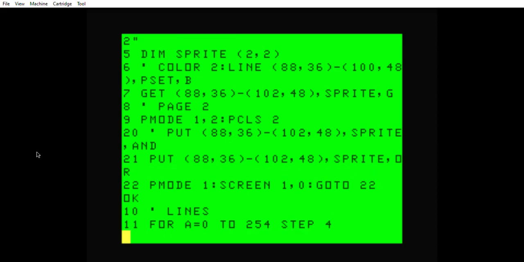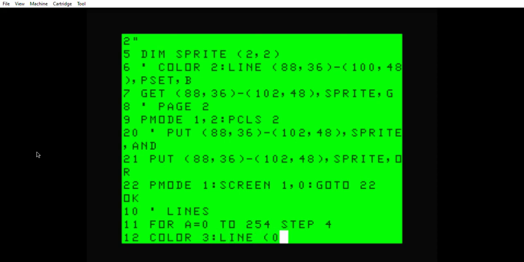I might have to tweak this a little bit. We're going to make these lines, we're using yellow and red and green. We're going to make these lines blue. And we're going to put line